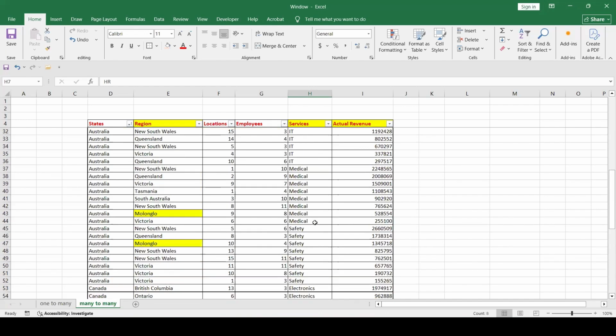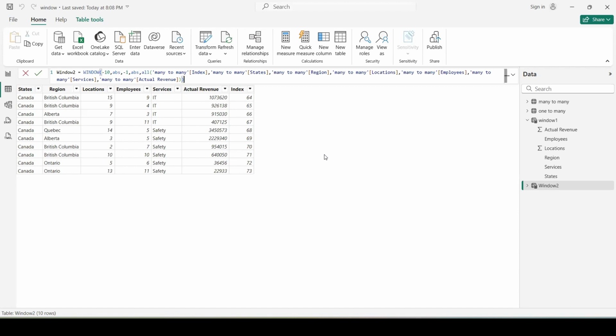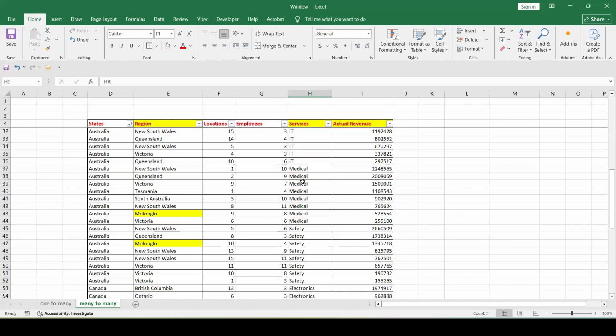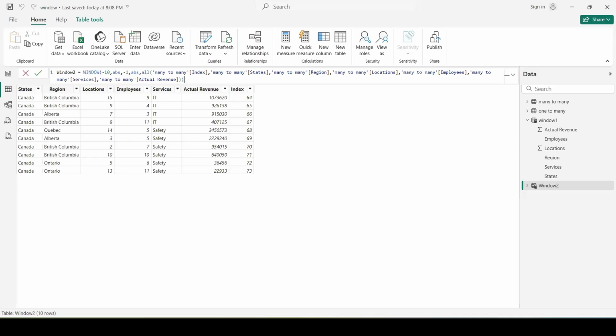So let's just jump in. For the top 3 highest revenues in each service category in a descending order, let's just see how we can do that.